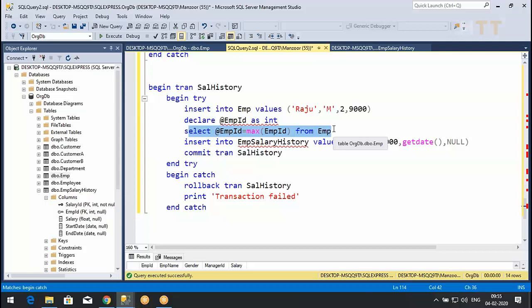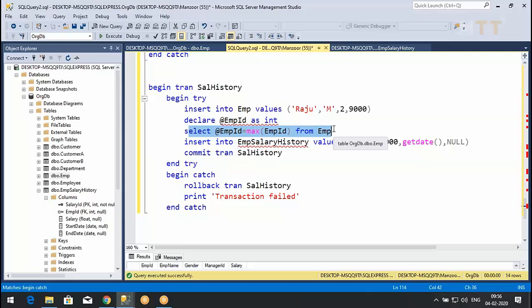Because it is a real-time app where you have thousands of employees accessing the things. Then you inserted the 11th record, and by the time you read maximum, some 100 people inserted 100 records. Then you will get 111 as employee ID, which is ambiguous information.